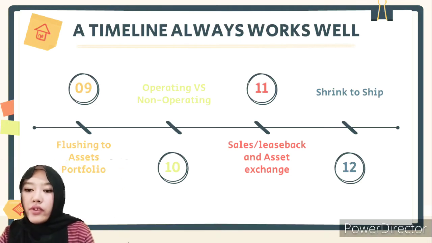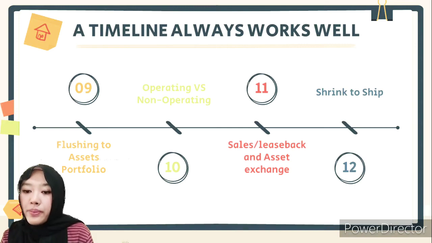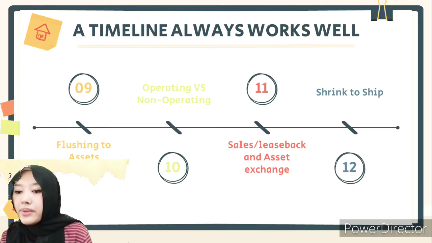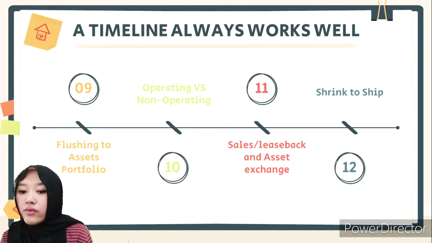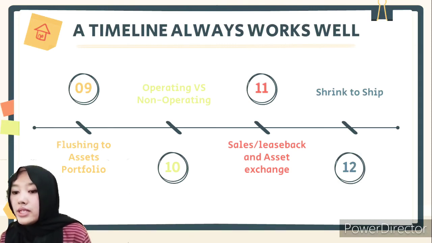And for the operating versus non-operating, investors and financial analysts use the core or operating earning of the company to project the future growth, not the non-operating income. So this technique involves using management judgment in identifying and reporting items that are operating or non-operating, for example, items like unusual, special charges, or extraordinary gains or losses.